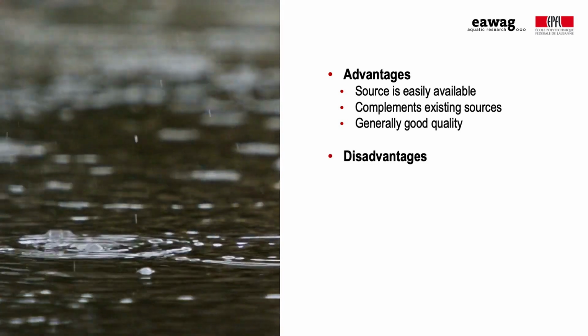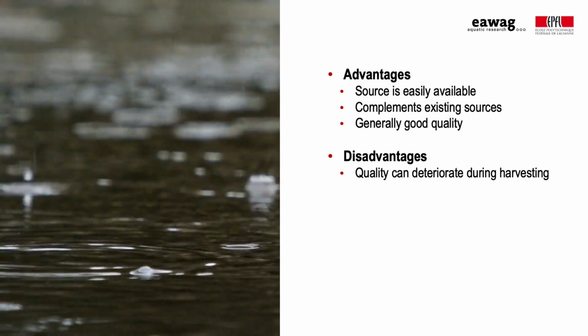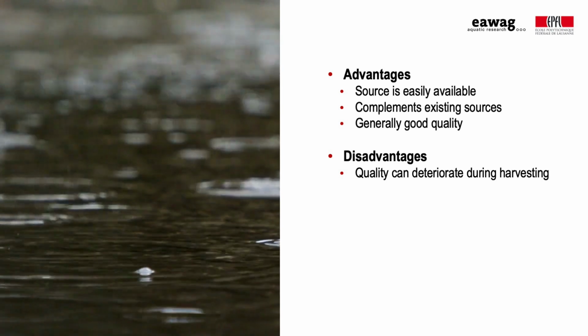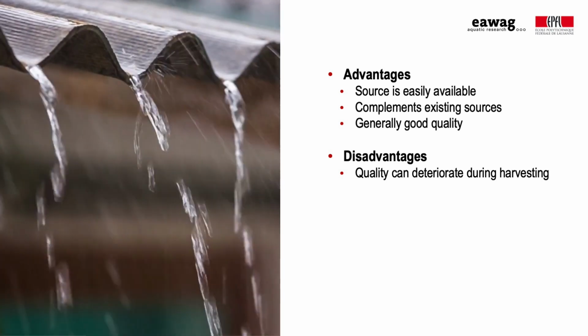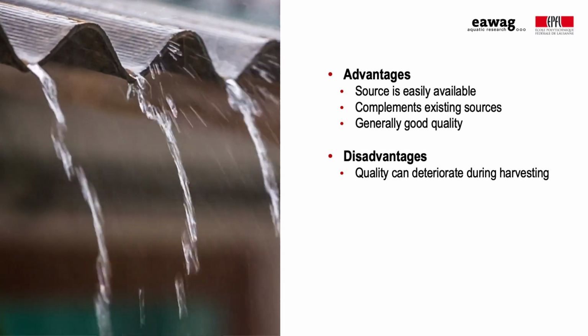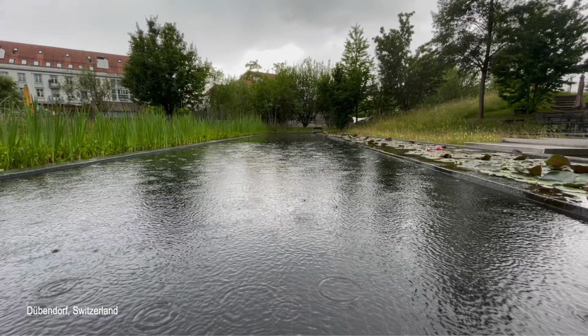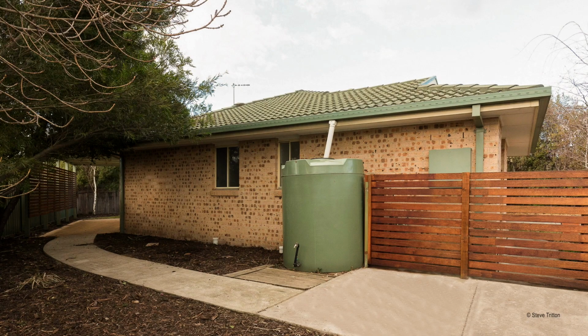However, the quality of collected rainwater can deteriorate, especially if the system is inadequately designed. Contamination can be introduced by deposition of air pollution, dust, and bird droppings on rooftops, or intrusion of surface runoff containing fecal contamination. For this reason, rainwater harvesting systems should always include a device that diverts the first flush of collected rainwater away from the storage tanks.